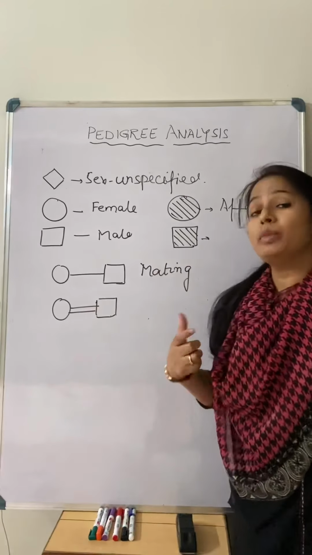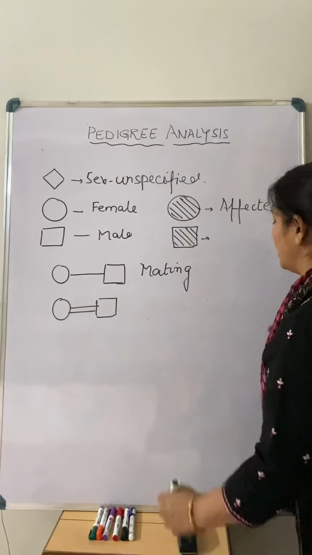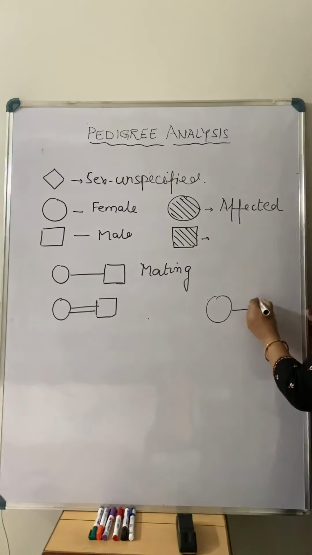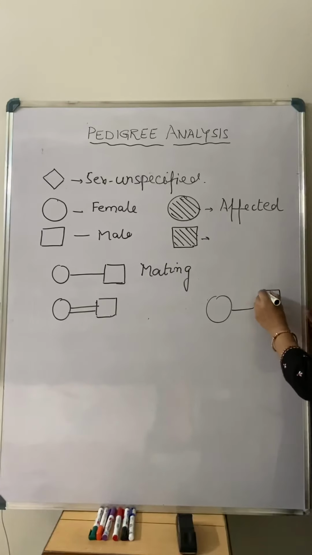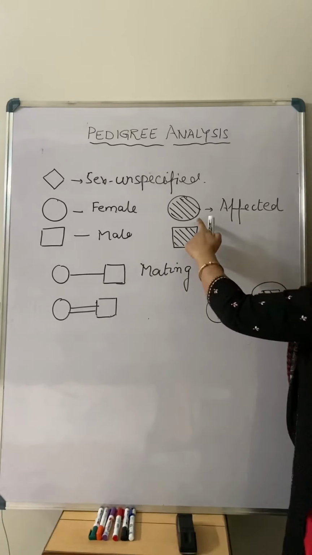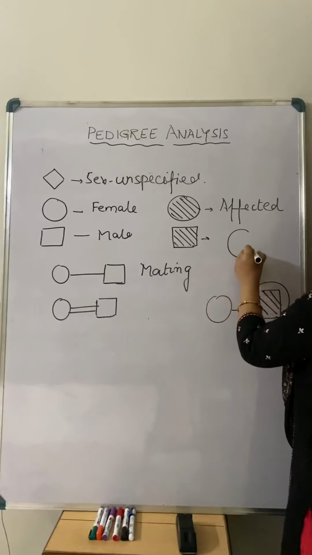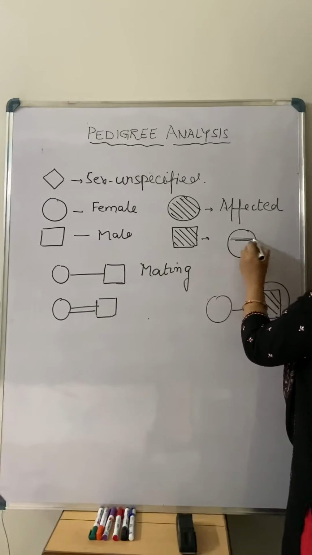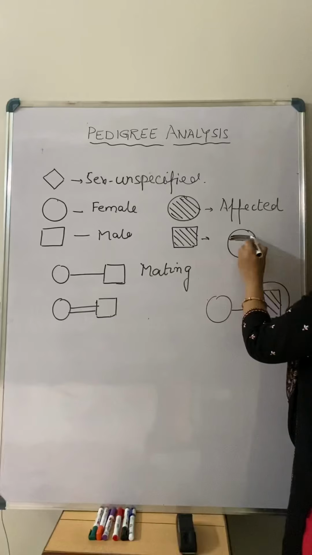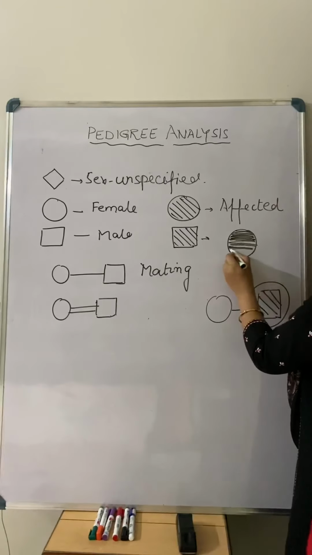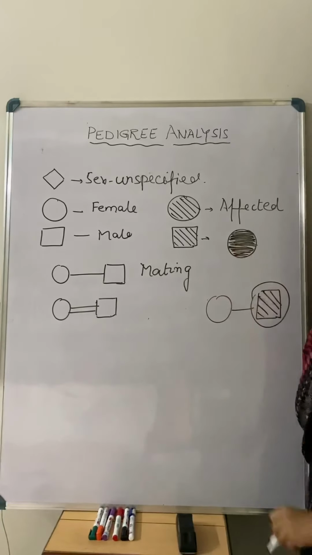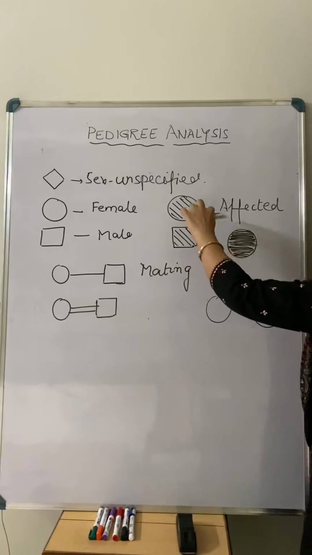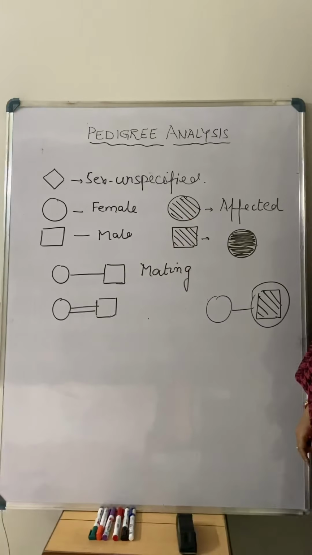But when we talk about the inheritance of a disease in concern to the gene, the person may be affected. So if one pictorial presentation is like this, it means this male is affected, that the male is having that disease. We draw it this way, or in your book it may be a complete circle, completely filled in, meaning that female or male is completely affected. This is the symbol for the affected person, right?